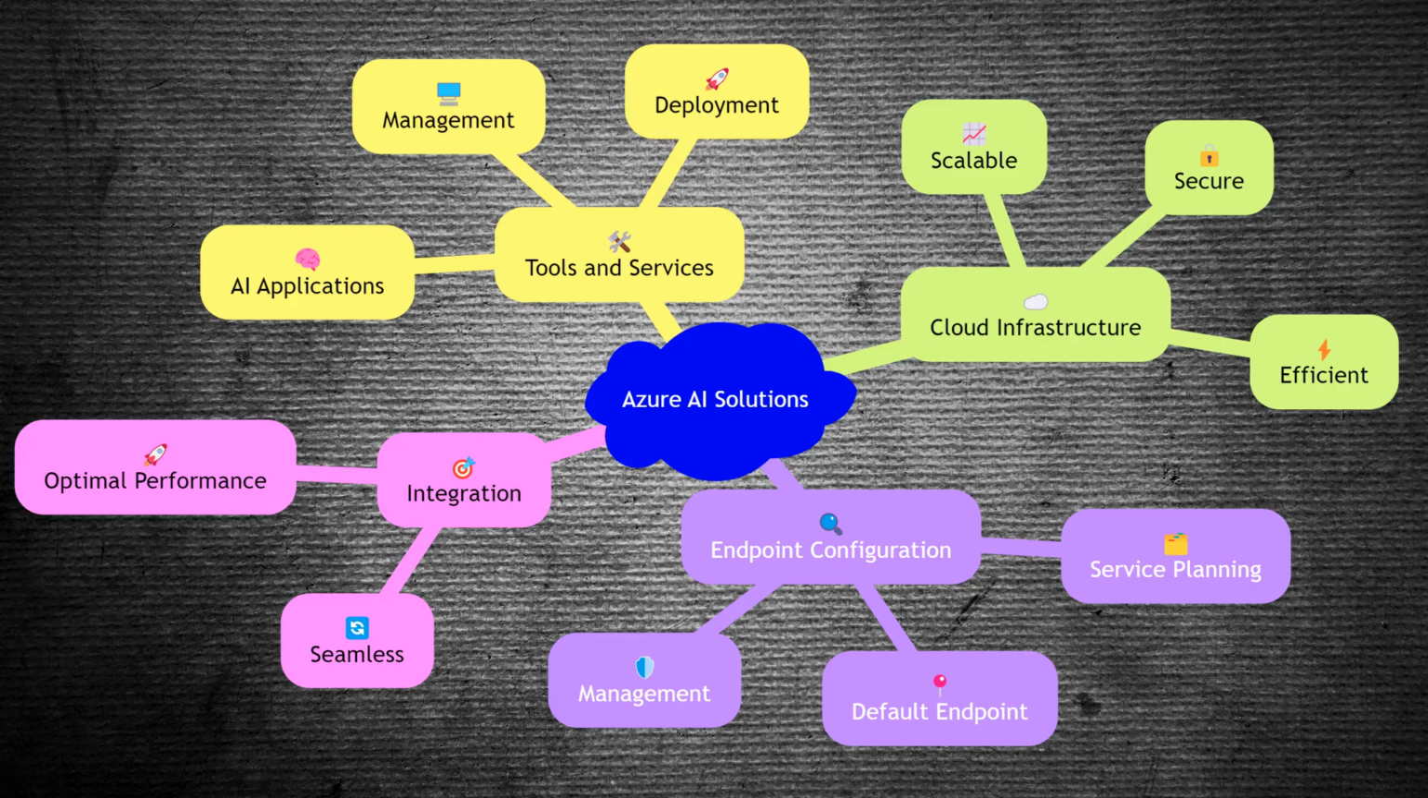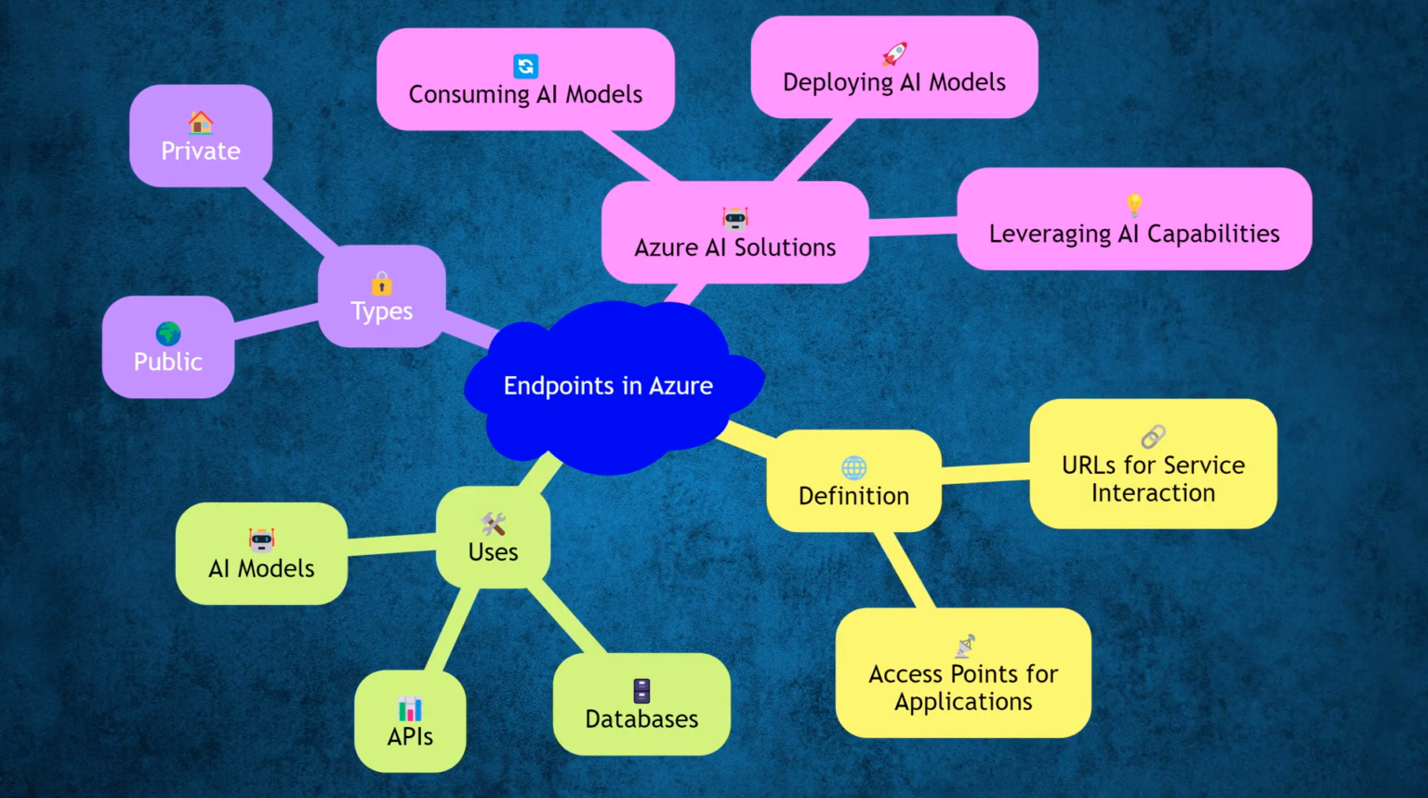Understanding how to configure and manage endpoints is crucial for ensuring seamless integration and optimal performance of AI services. Endpoints in Azure are URLs that allow clients to interact with services. They serve as access points for applications to communicate with Azure services, such as APIs, databases, and AI models. Endpoints can be public or private, depending on the security and accessibility requirements. In the context of Azure AI solutions, endpoints are essential for deploying and consuming AI models, enabling applications to leverage